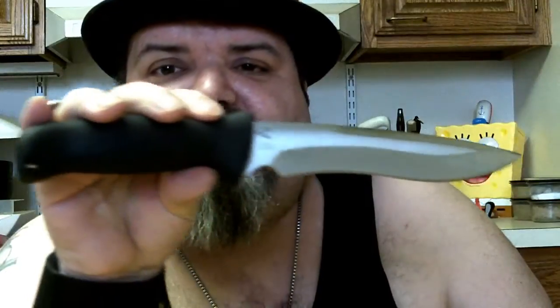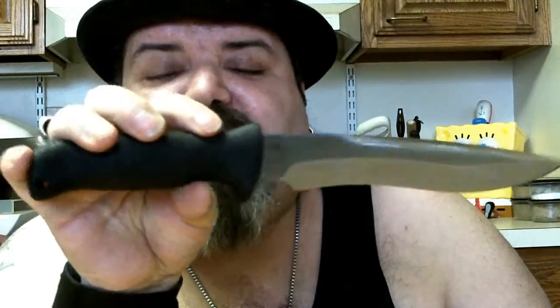This was in the very first line of knives that Benchmade ever produced. I'll give you a little history on Benchmade. Be quick. Benchmade, if anybody is in the know about knives, used to be called Pacific Cutlery, and they made some badass knives. They primarily made Balisongs, but what happened was in the late 80s, roughly between 85 and 86,